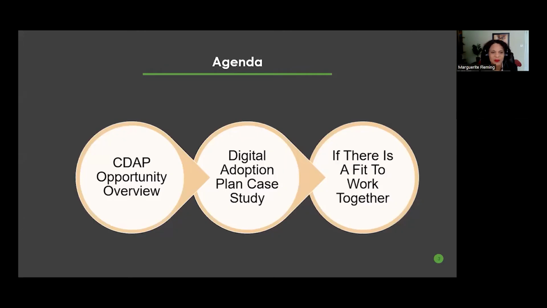So these are the three things that we're going to do. We're going to dive into the details, show you how the program started, what it's all about, how it works, how to qualify for it, and take any questions that you have there. We'll talk about how it's worked for a customer of ours and specifically make it real, right? What does the process look like? And then we can talk about whether or not it makes sense to have another conversation about this and see if it makes sense for your business, okay? So that'll be at the very end.